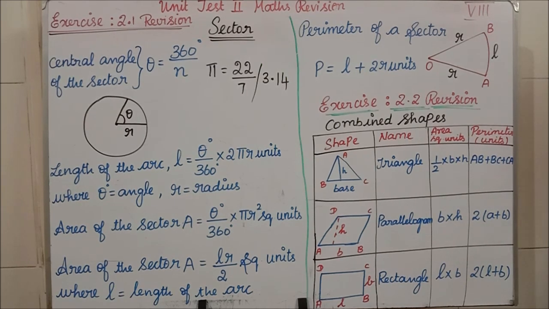Students, according to exercise 2.2, whatever problems we have solved, you are going to work them out directly in your revision note. Clear, students, all of you about exercise 2.1 and exercise 2.2? In both exercises, the very important thing is that in the final answer, you have to write the measurements, whether it is centimeter square, meter square, or just meter. You have to compulsorily write it. If you are not writing, surely I will reduce the marks. Clear? Next we will move to exercise 2.3.